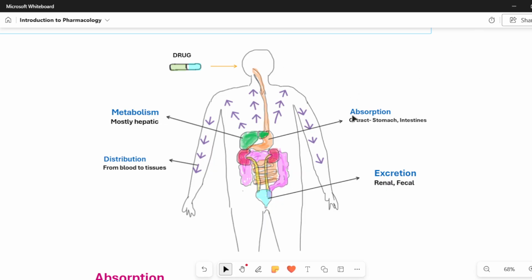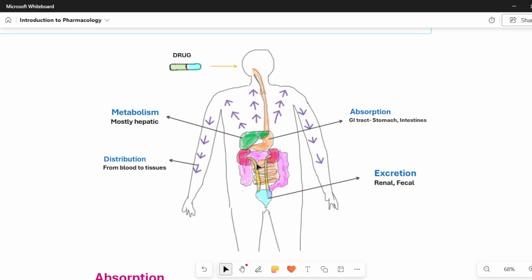In the absorption process, I'm having the drug, and it enters our body through the esophagus, enters the stomach, gets mixed with the stomach acid, then enters the small intestine, then the large intestine.